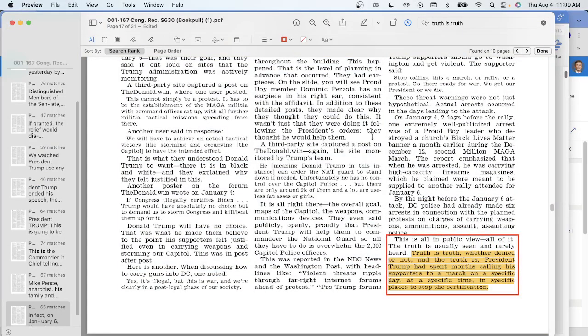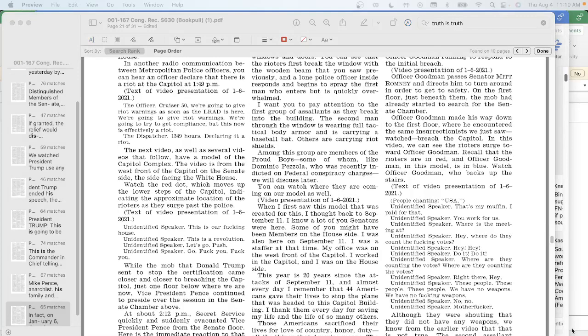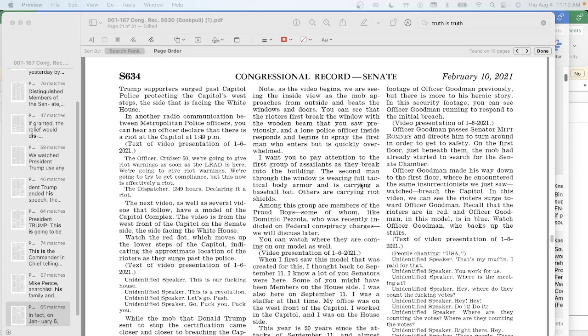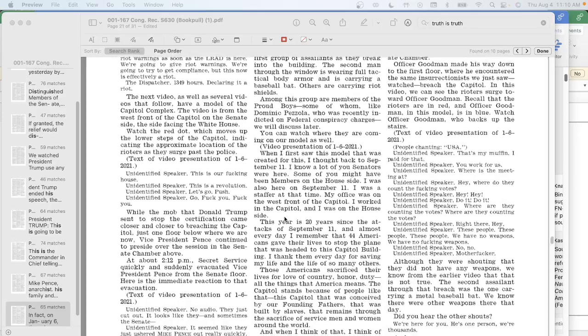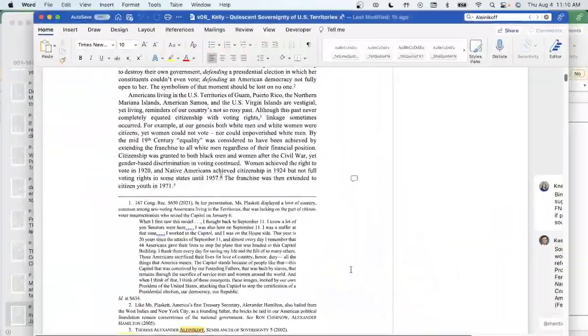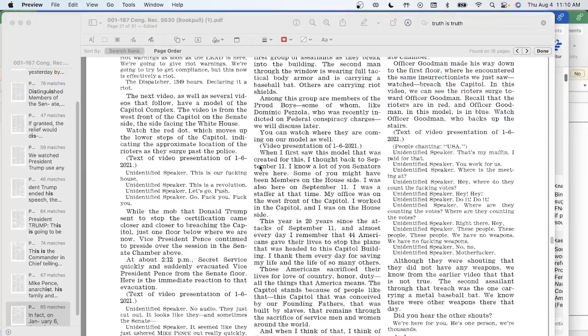And then next to it, I'm going to click make a text bubble, and I'm going to say footnote 1. And then if you recall, we also have more content to cover in footnote 1 because he cited it. Okay, we found it on page 634. When I first saw this model, the last word is our republic. So when I first saw this model,